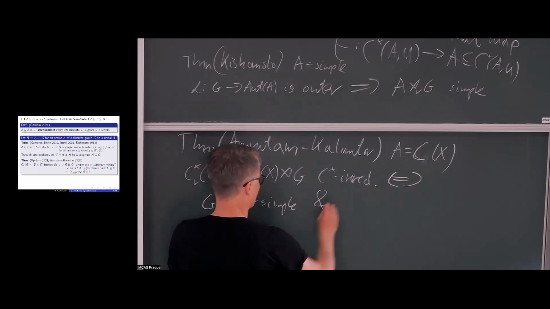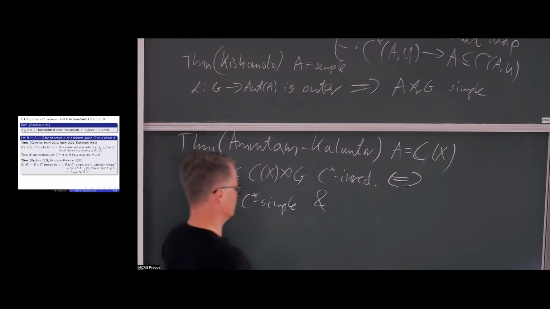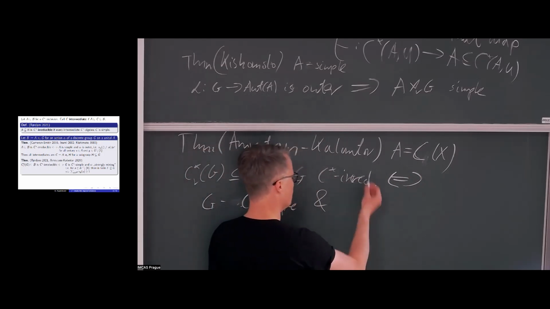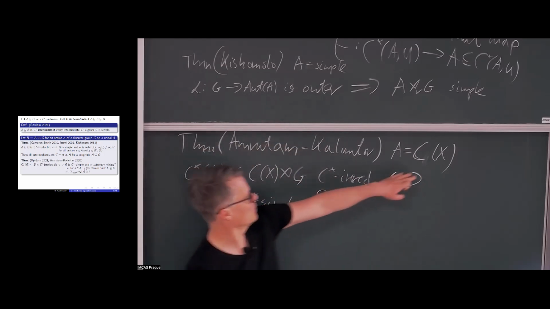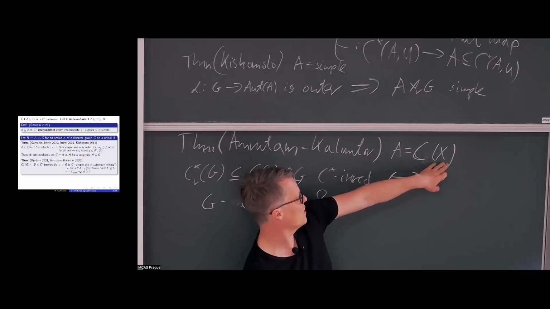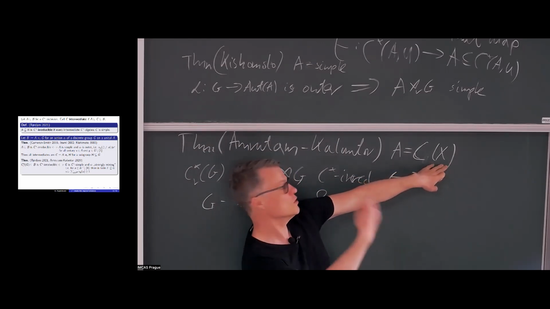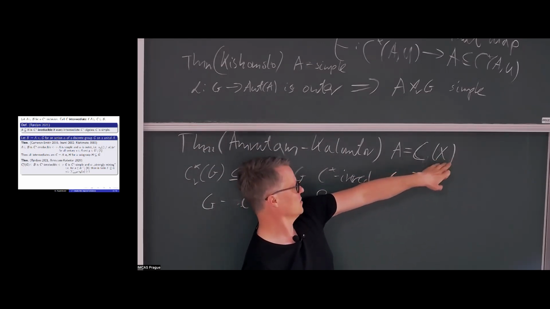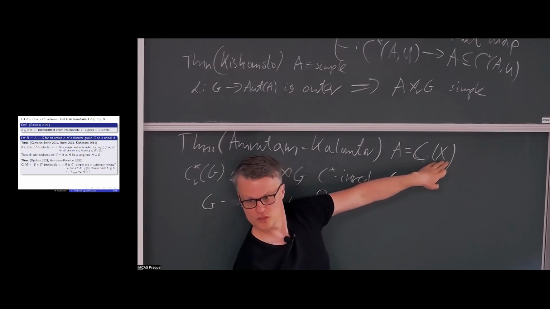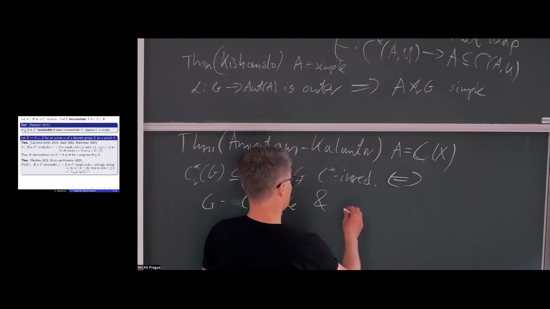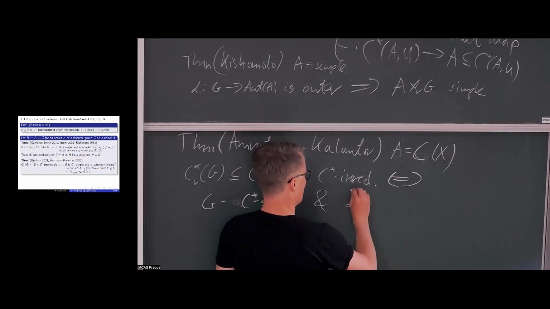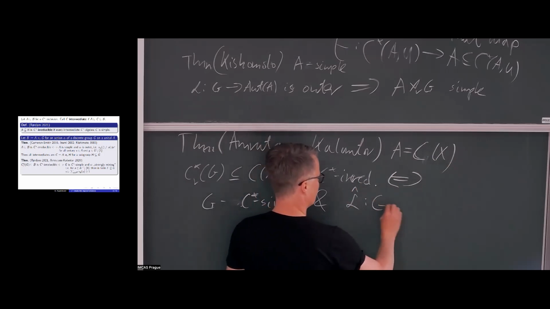And the action is minimal. What does it mean? I mean, the action is minimal, maybe the dual action. So if we have a group action on a commutative algebra, which is just an algebra of functions, this corresponds to the group action by homeomorphisms on the spectrum, so that this dual action, say,